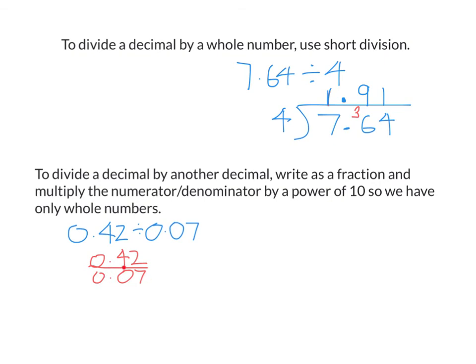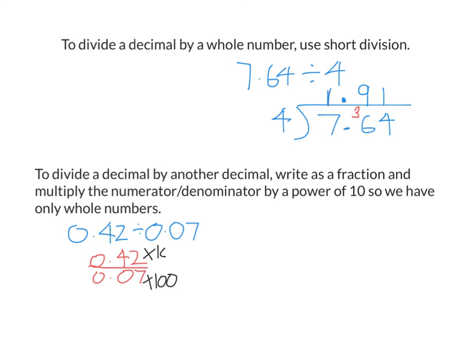I want to move this decimal point 2 spots so the denominator is a whole number. Remember, moving the decimal point 2 spots to the right is the same as timesing by 100. So I'm going to times the denominator by 100 to make this into a whole number. But if I times the bottom by 100, I need to times the top